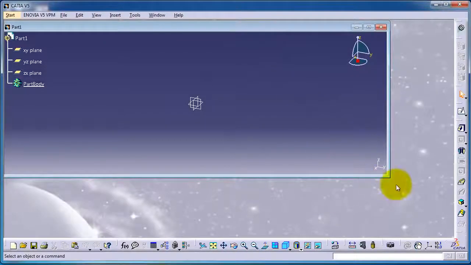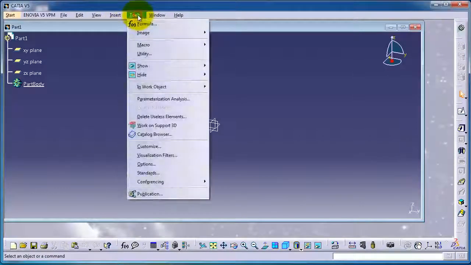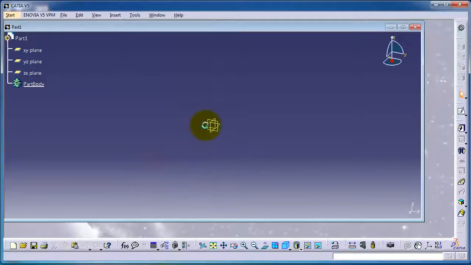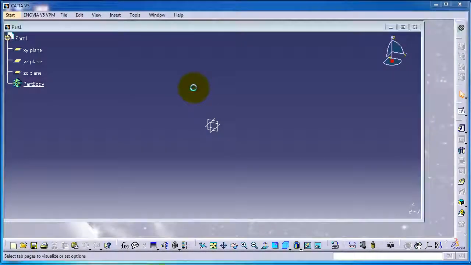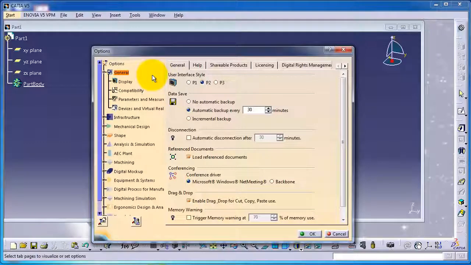So now I am going to go to the important menu for the interface. It's called the option. It is found in tools and options. In this menu you can deal with many things about the interface. I'm going to change the units. Let's go to the units, general,